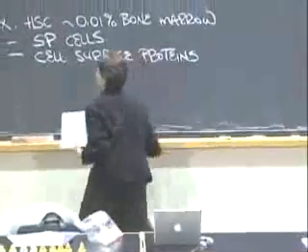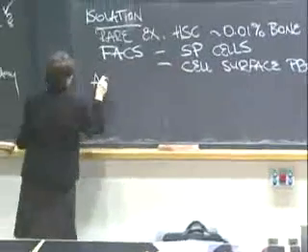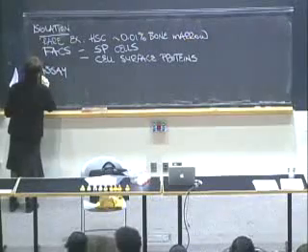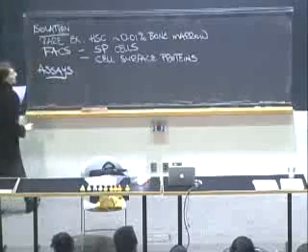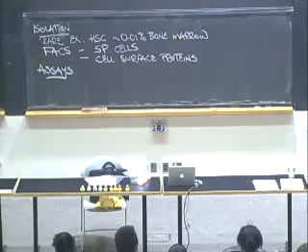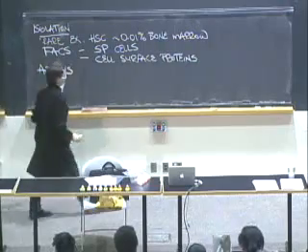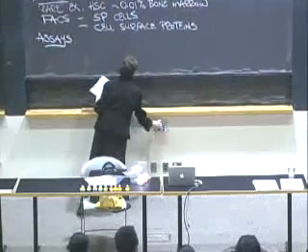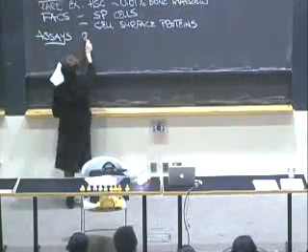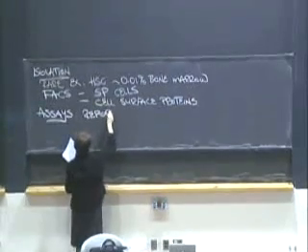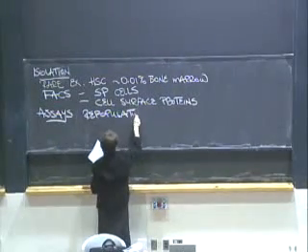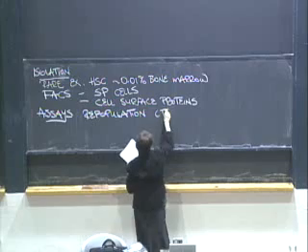So here is the way. Actually, before I go through that, let me go through the assays, and then we'll go through all the slides together. How do you assay for stem cells? Well, one of the ways you know you have a stem cell is if you have something that can act as a stem cell. And there are two assays that you should be aware of. One of them is a repopulation assay, usually done by transplant.